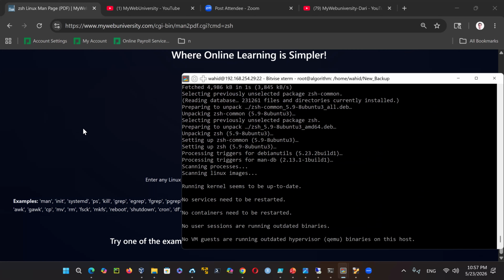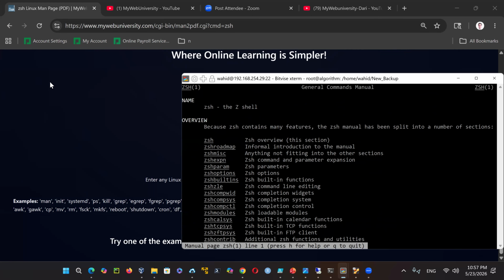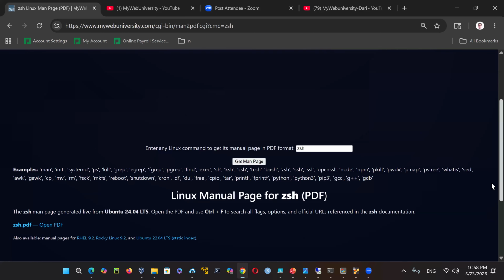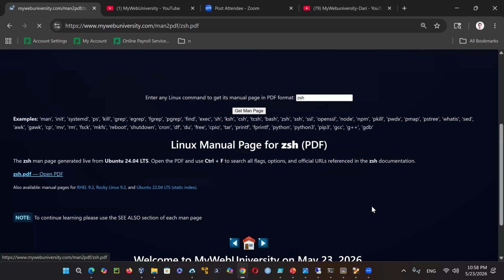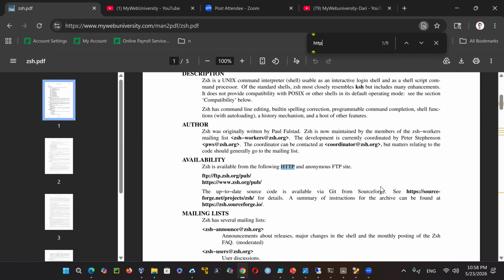And by the way, I'm on the same server that I'm showing you here. So now I say which ZSH, it is there, man ZSH is going to show. And now man ZSH is going to work because my program is going to find the man ZSH. Then I just generate a PDF version of it. And notice here, you could do Control F HTTPS. And then it's very useful information. So you don't have to go to